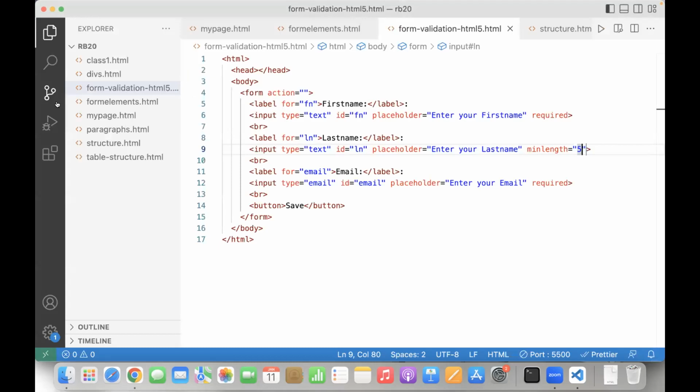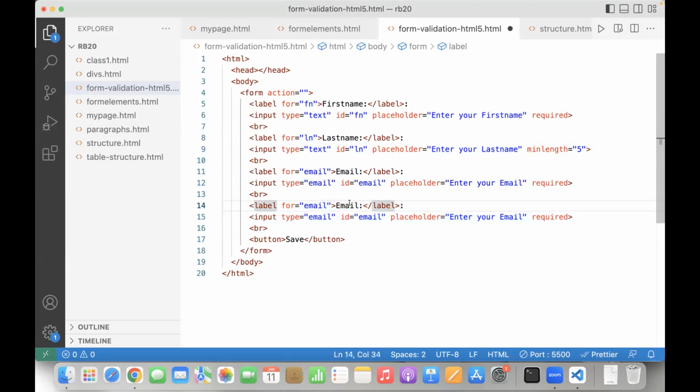Okay, point number 1. Second, one more thing. Sometimes you may need to validate your input box in such a way that